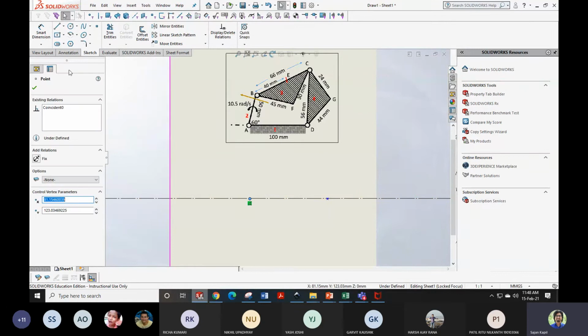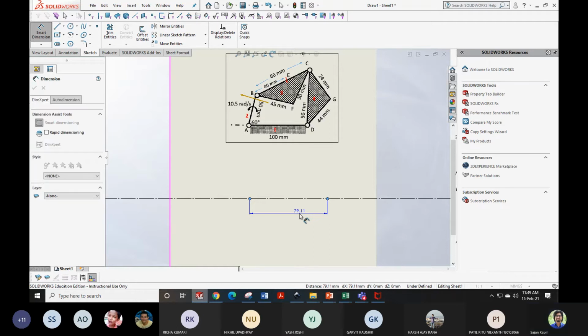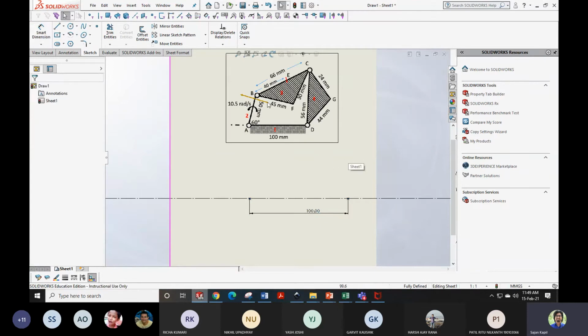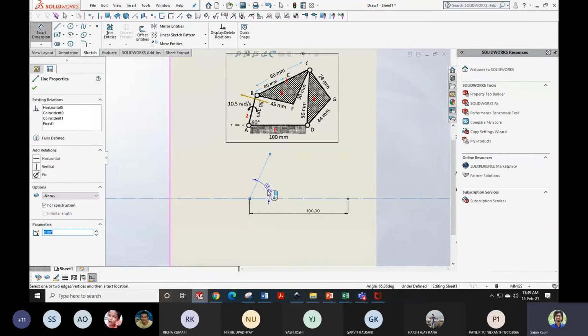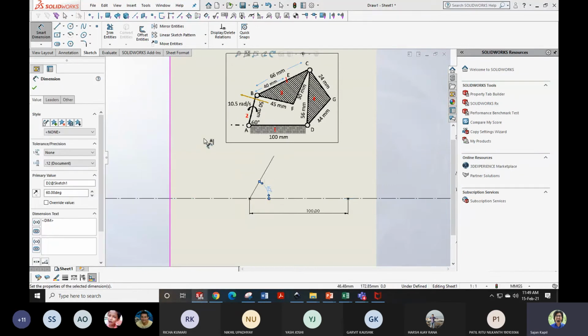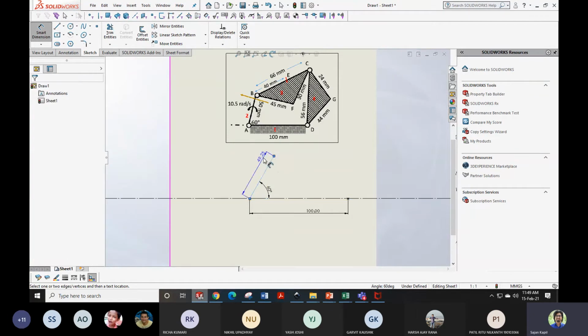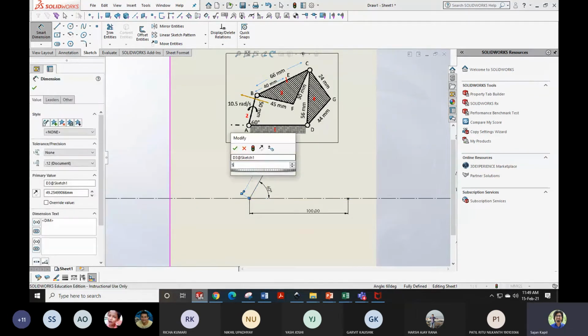Okay, this one I'm going to fix, and the next will be at a particular distance from here to here. The distance is 100 mm. Then AB is 50. It is nothing but a line at an angle of 60 degree. This angle is 60 degree given to us. So this is 60 degree, and this length is going to be 50 mm. Fine.